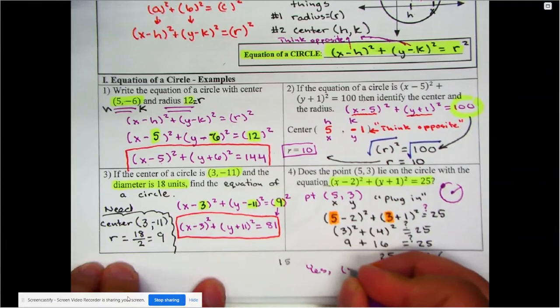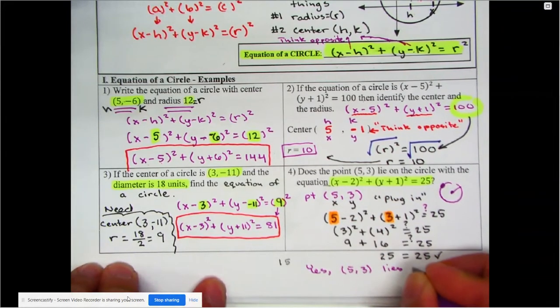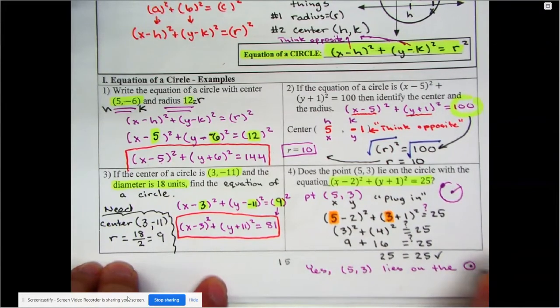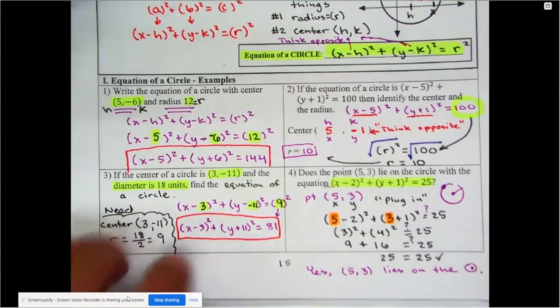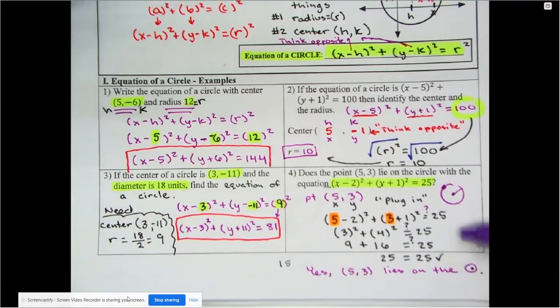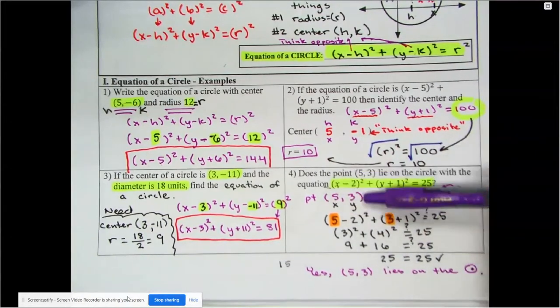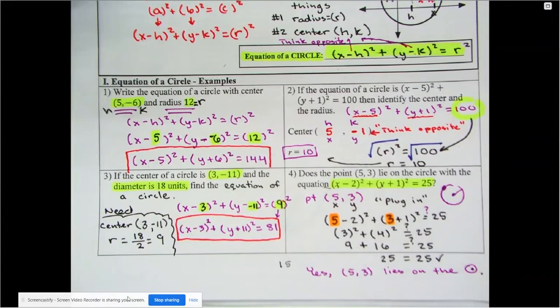Yes, (5, 3) lies on the circle. Now, I should write the equation there, but I know we're low on space, so we'll just leave it like that. And here's my proof. My proof is I plugged in the numbers for x and y, and the numbers matched. Now, at this point, yes, we still have a little bit more notes that we have to do, but